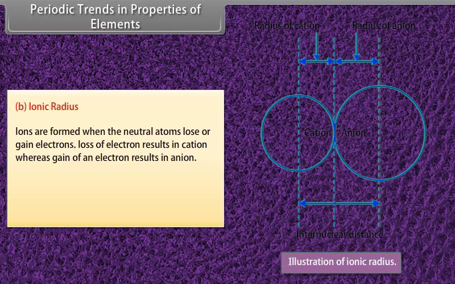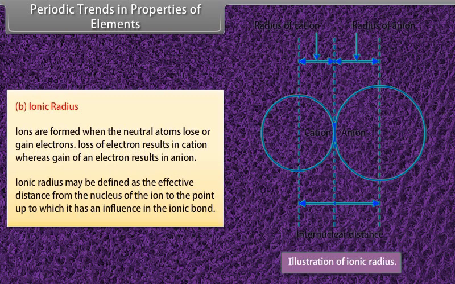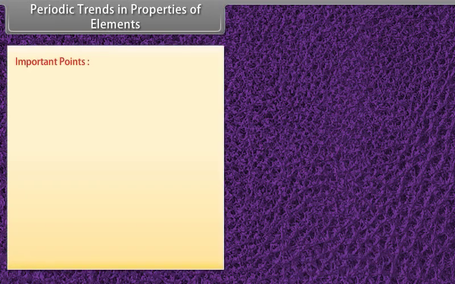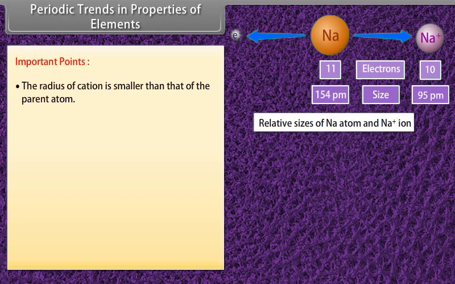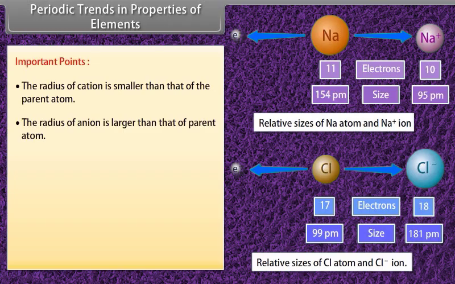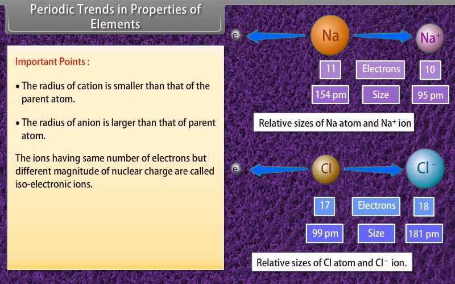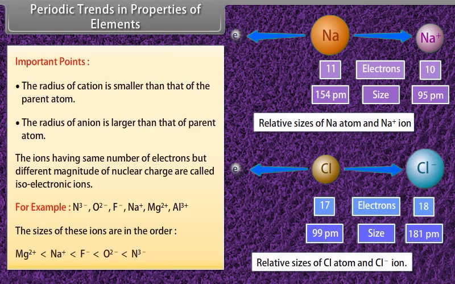Loss of an electron results in a cation, whereas gain of an electron results in an anion. Ionic radius may be defined as the effective distance from the nucleus of the ion to the point up to which it has an influence in the ionic bond. Important points. The radius of a cation is smaller than that of the parent atom. The radius of an anion is larger than that of the parent atom. The ions having the same number of electrons but different magnitude of nuclear charge are called isoelectronic ions. For example, the size of these ions are in the order: